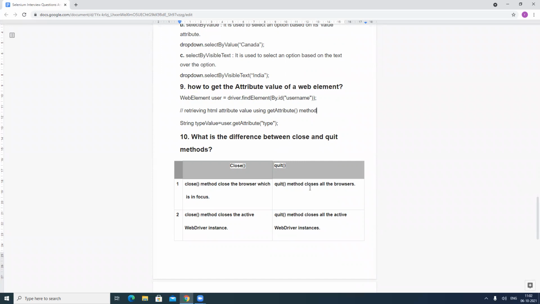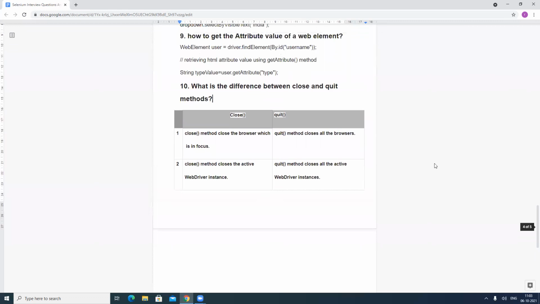Suppose you have opened 10 different browsers of Chrome, it will close all the 10 browsers of Chrome for you if you are using the quit method. And close method closes the active WebDriver instance, but quit method closes all the active WebDriver instances. So these are the two major differences between close and quit method.